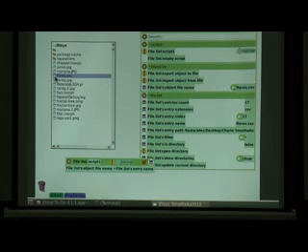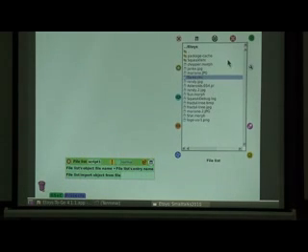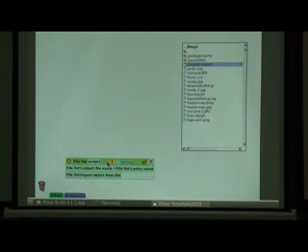Then I will import the object from the file. This is a very complex object, so it will take maybe a few seconds, I think, and